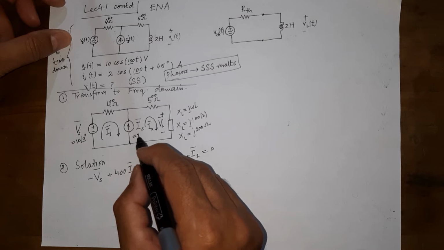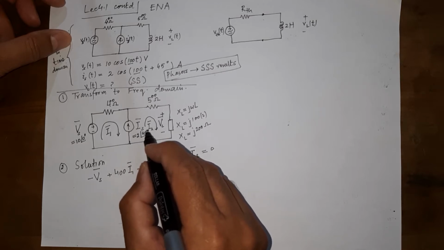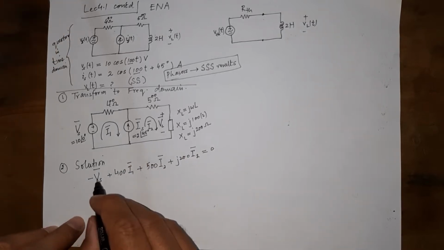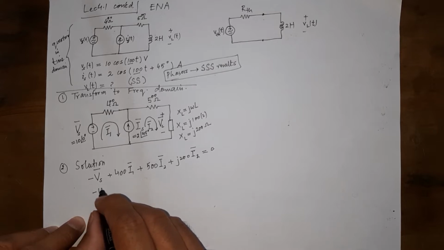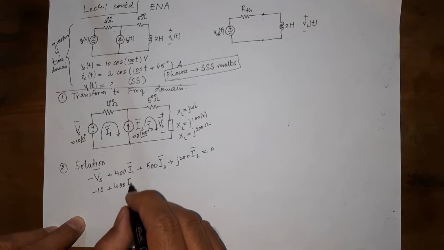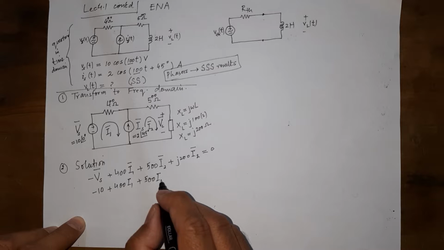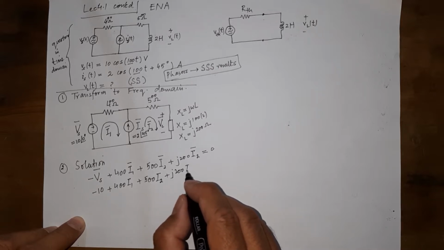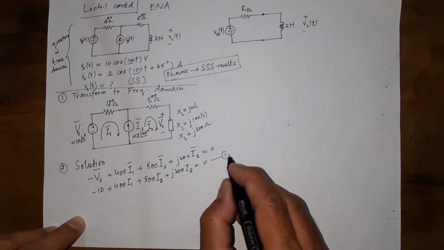and it is 2 and an angle of 45 degrees. Phasor current here. So the one equation, so we know this minus Vs bar is actually minus 10 plus 400 I1. Now I am not putting the bars. It's understood that these currents are phasor currents plus j200 I2 equal to 0. So we have an equation with two variable quantities.